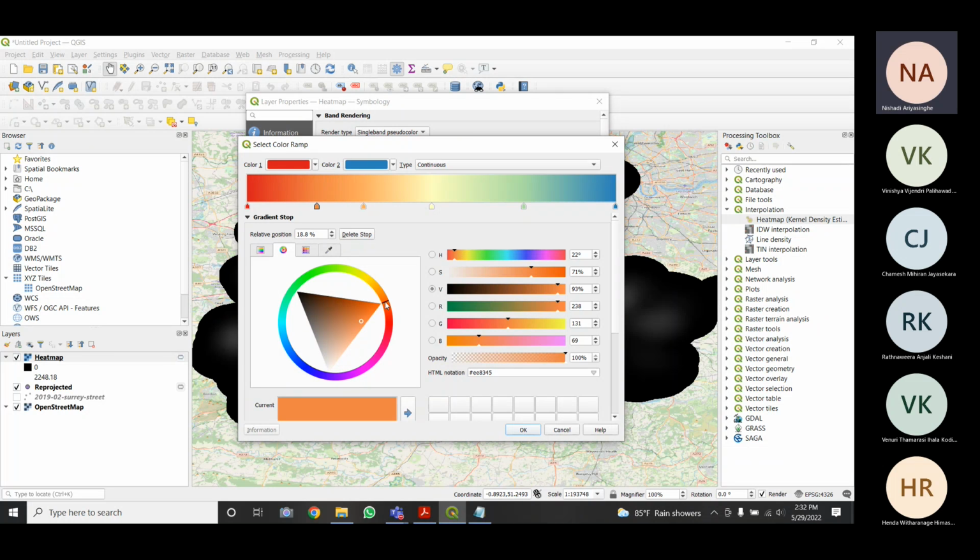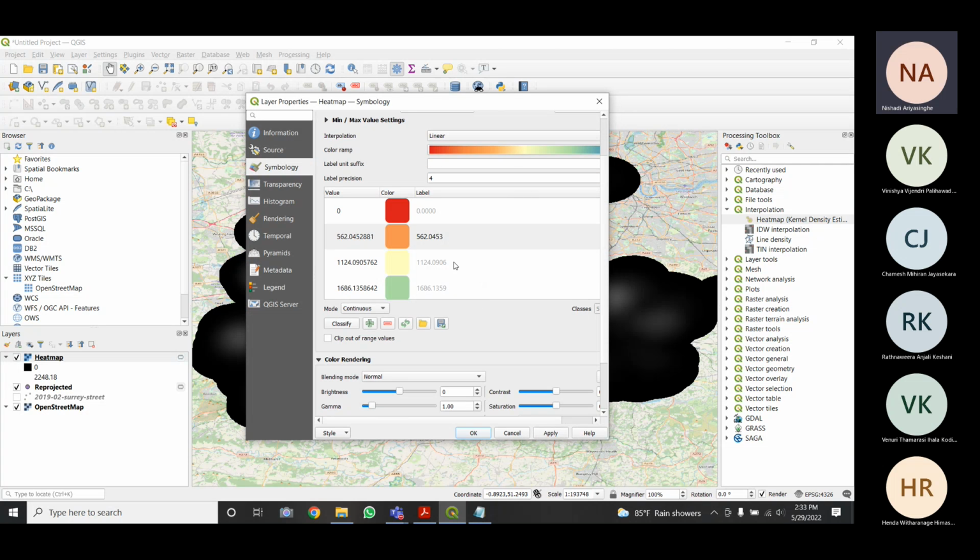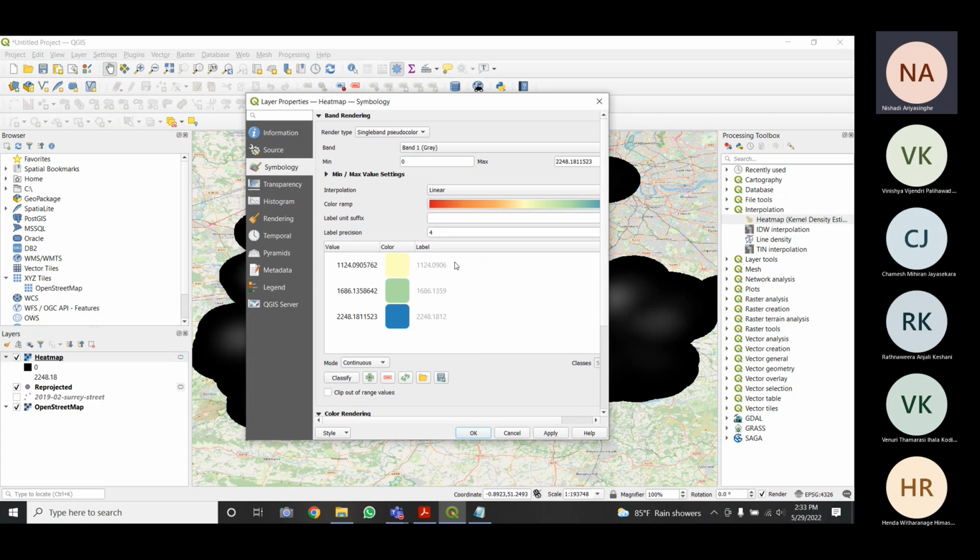So I'm going to select this kind of color, somewhat orange color, right? So here I have 6 colors. Then if I select OK, 6 colors will be there in my color ramp, right?